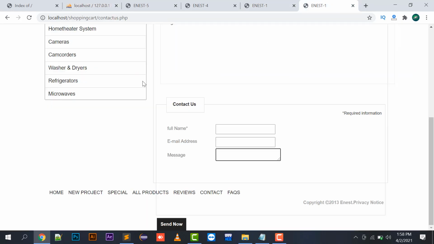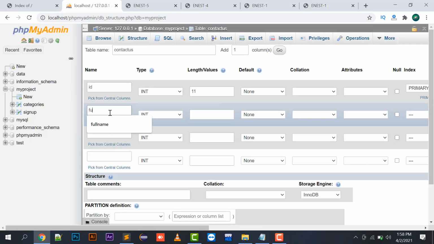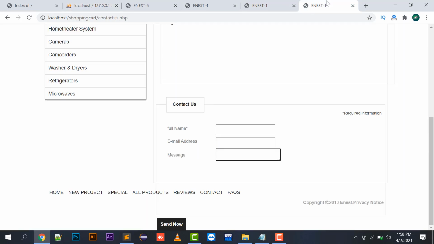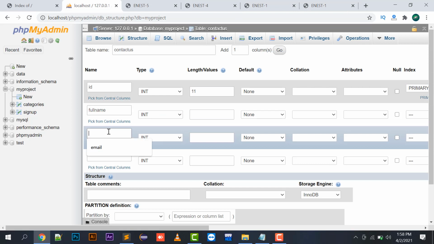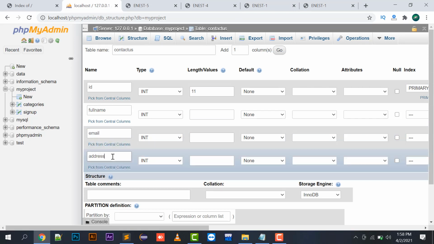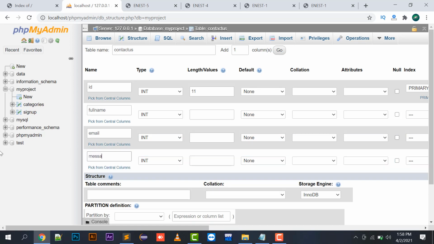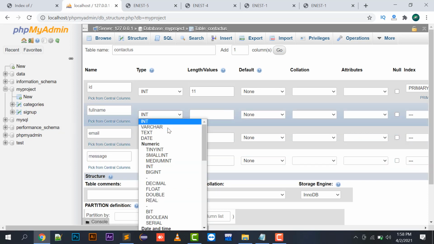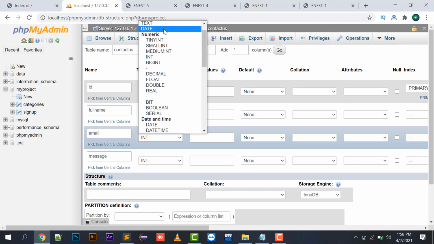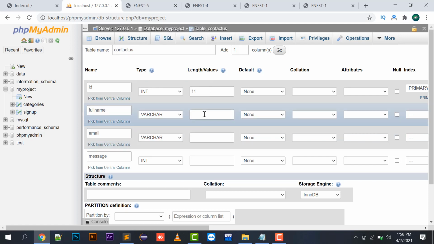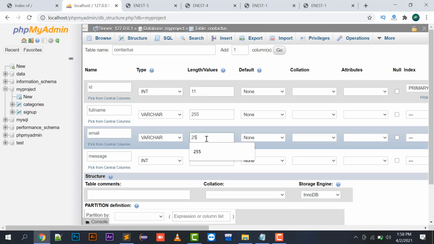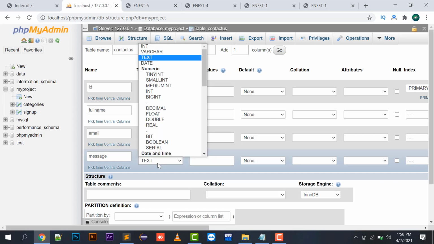Then the next is your full name. Next is your email address and the message. Let's put in short: email address and message. So full name will be varchar, email address will be varchar, with a length of 255. The message will be more than 250 characters.